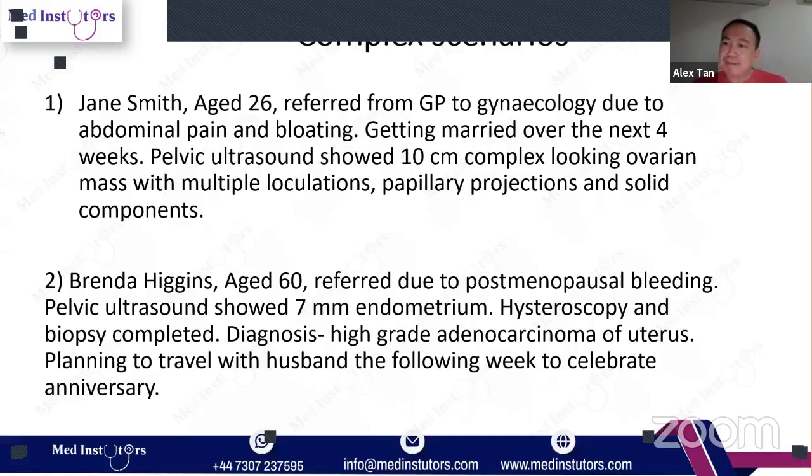Okay, let's go back. Ovarian cancer in the UK. You are not wrong by saying MRI. If it's a benign ovarian mass or benign ovarian cyst, MRI, I agree. But if assuming this is cancer, and your CA-125 is over 200, 300, 1,000, for ovarian cancer you do a CT scan. But you're right, MRI is correct. But let's assume it's cancer, it's suspicious of cancer. Hence, I put down papillary projections, solid components, multiple locations. But not wrong to say MRI.